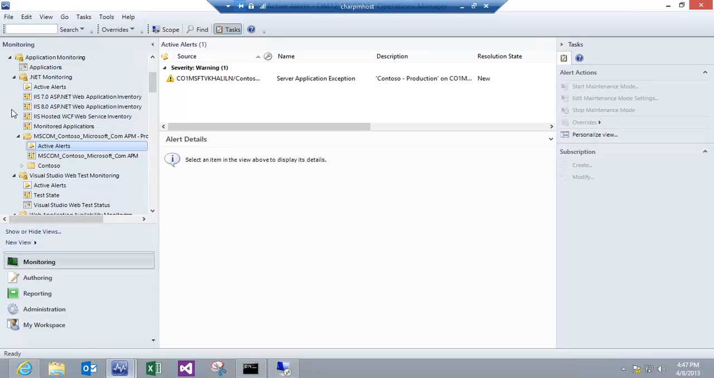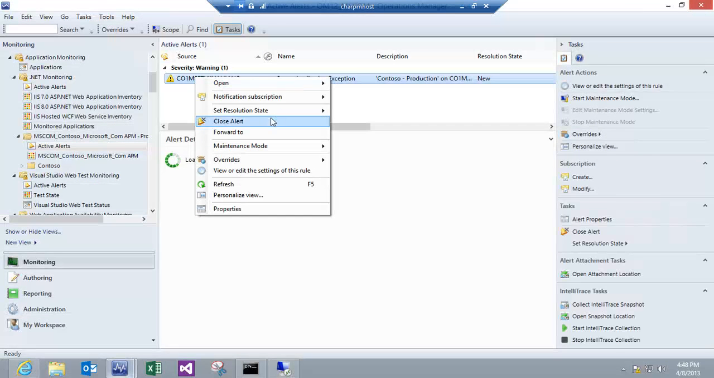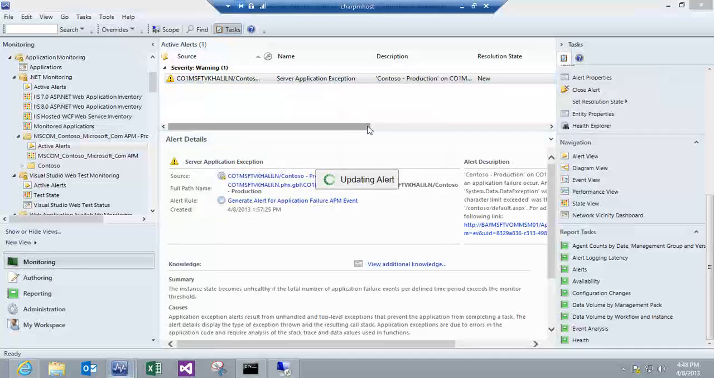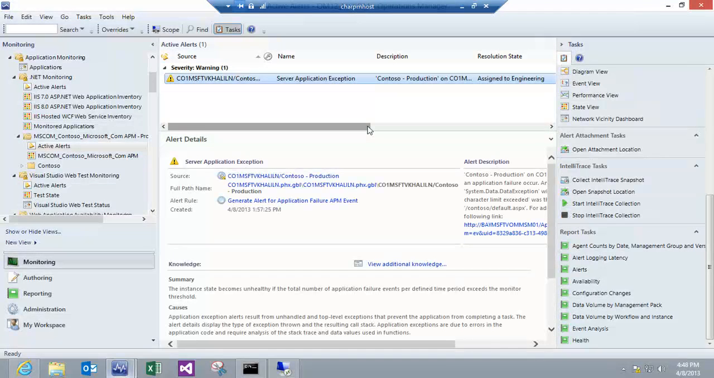operations console under the active alerts for my application, in this case we have a demo application. It's a little harder to predict from production when and what you might actually get an alert. So this is a little bit of a simulation. In this case, I'll go ahead and with this alert, I'll right-click on it, and I'll set the resolution state to assign to engineering. Now, because we've already configured the TFS connector,